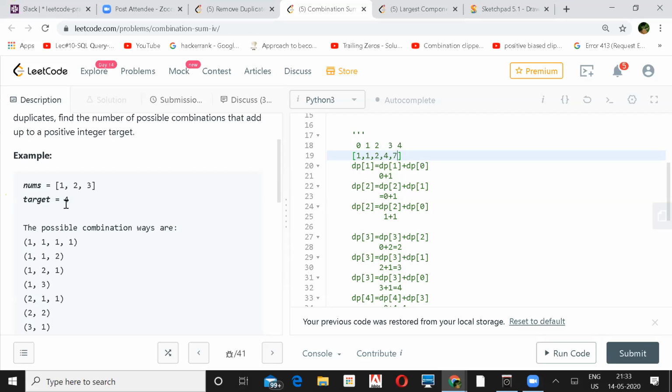See, you have to build a target of 4, right? So first I thought, what are the number of ways? Let's say if I have a target of 1, what are the ways of getting 1? How many ways you can get 1? What are the possible combinations? So here your target will be 1. Now I'll check whether this number is greater than this or not. If 1 is greater than this, then its complement will definitely be greater than 0. So 1 I'll break into 0 and 1, and the number of ways of getting 0 is 1. This is by default, which I have taken.